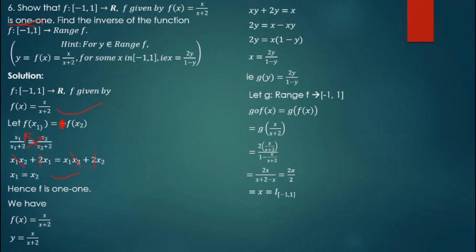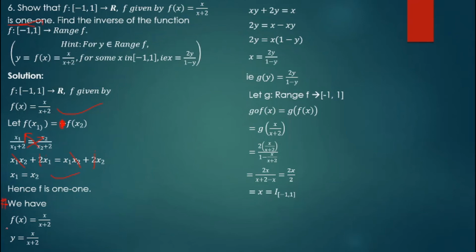Okay, so hence it is proved. So f is 1-1. We have, so I will move on to the second part. We have to prove it has an inverse, right? So when we proved it has an inverse in the previous case, we remember